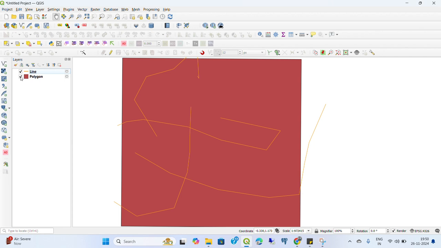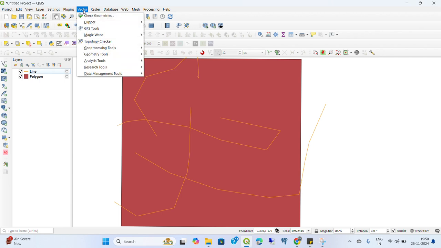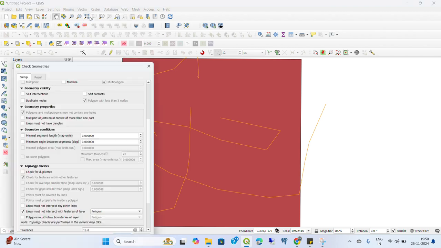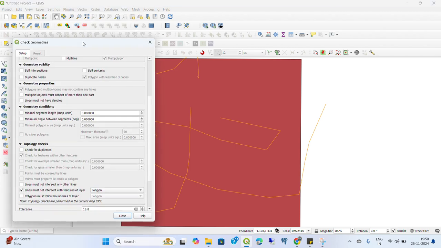So how do we identify the overshoot of the line on the polygon? Today I will use the Check Geometry Checker and then find the overshoot of the line in this polygon. At first go to Vector, then click Check Geometries and the Check Geometry Checker